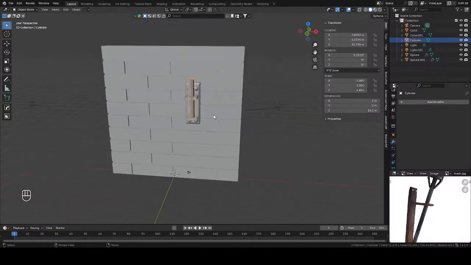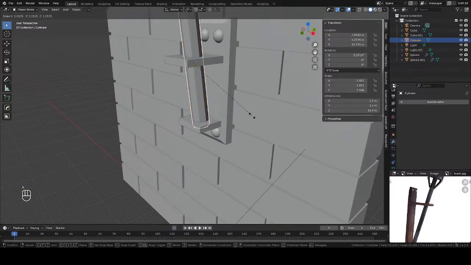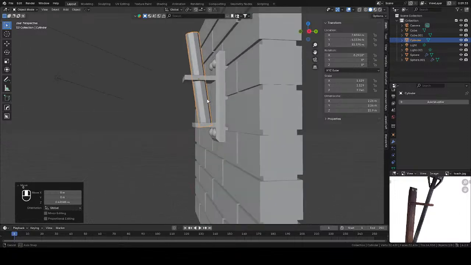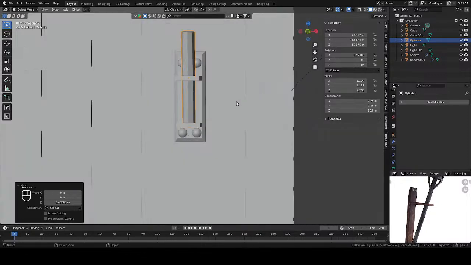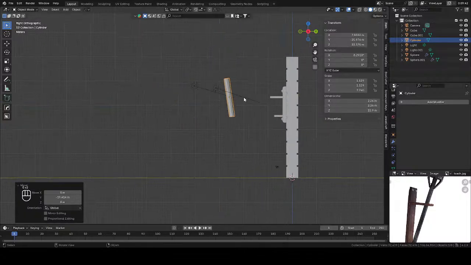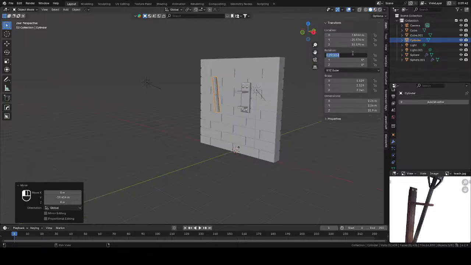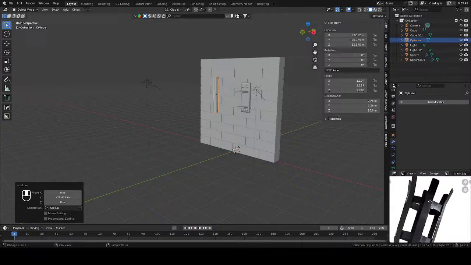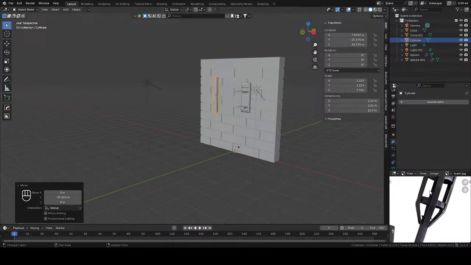Okay, so that's gonna be our post, or our torch at least. I'm not gonna make it too big. Okay. And now this part up top here looks like it's just a bunch of